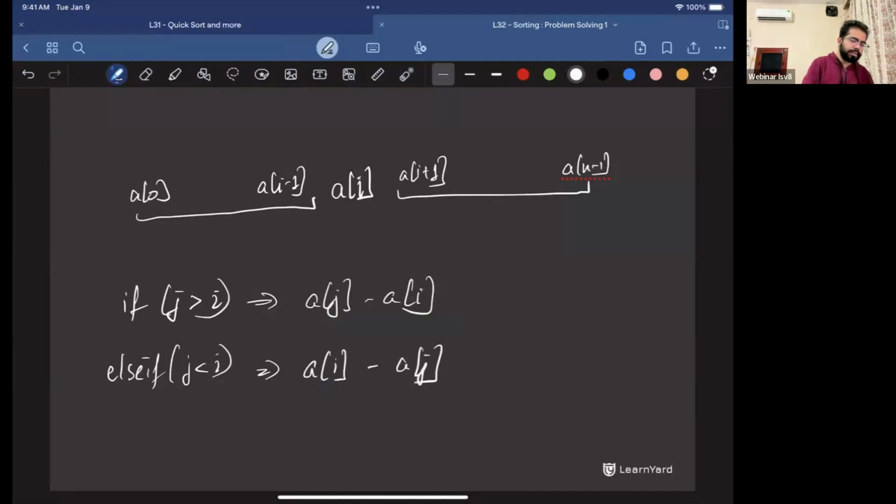Here the situation gets reversed, because a of I is going to be the larger number here and a of j will be the smaller number here. That is why this minus this will be it. Whenever you have to find the absolute difference between two numbers, we do larger minus smaller, correct? So the formula is different for left and for right, right? When you are looking at the right numbers, it is solved in a different manner. When you look at the left numbers, it is solved in a different manner. All right. So if I just get rid of this now,